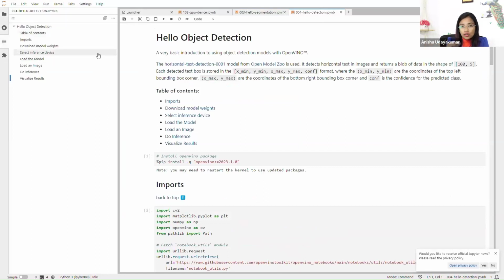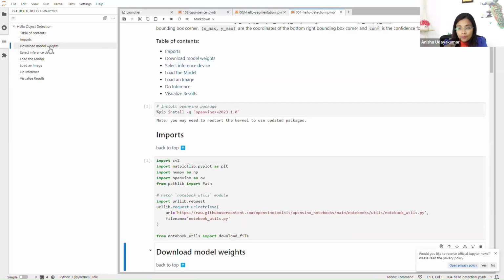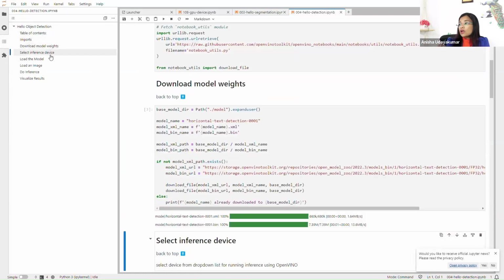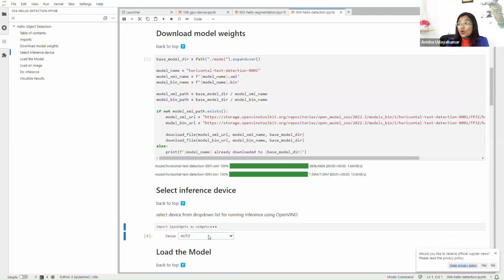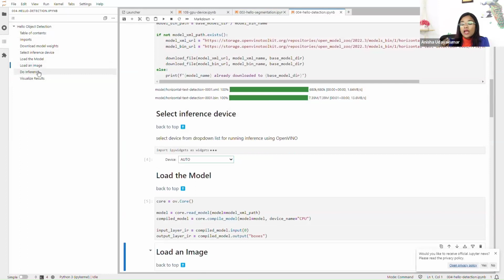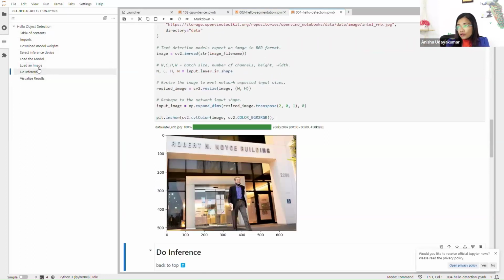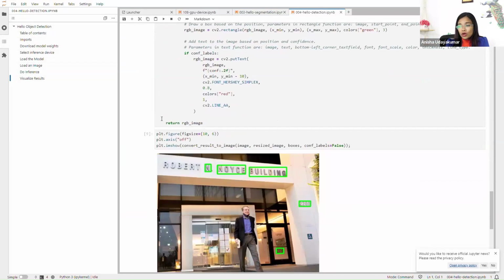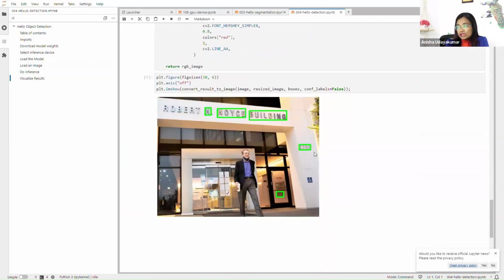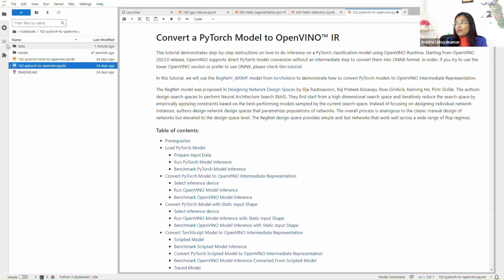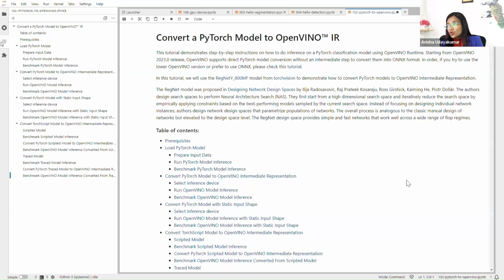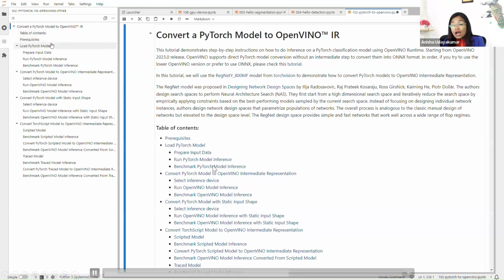What you saw there was the .xml and .bin file of the detection model. So again, we first load the model and convert it to IR format, or directly load it into OpenVINO runtime and do the inference like this. And this detection means we are trying to detect the text within the given input image, and it works perfectly fine.